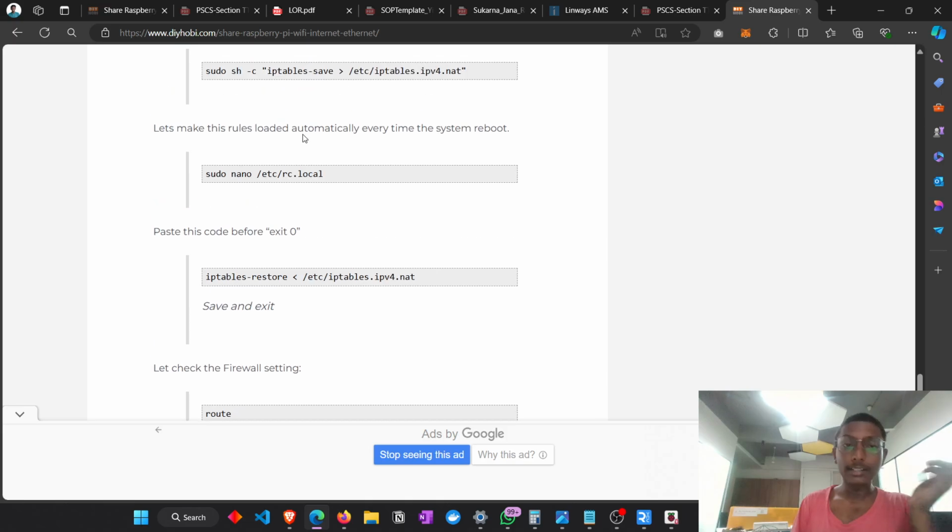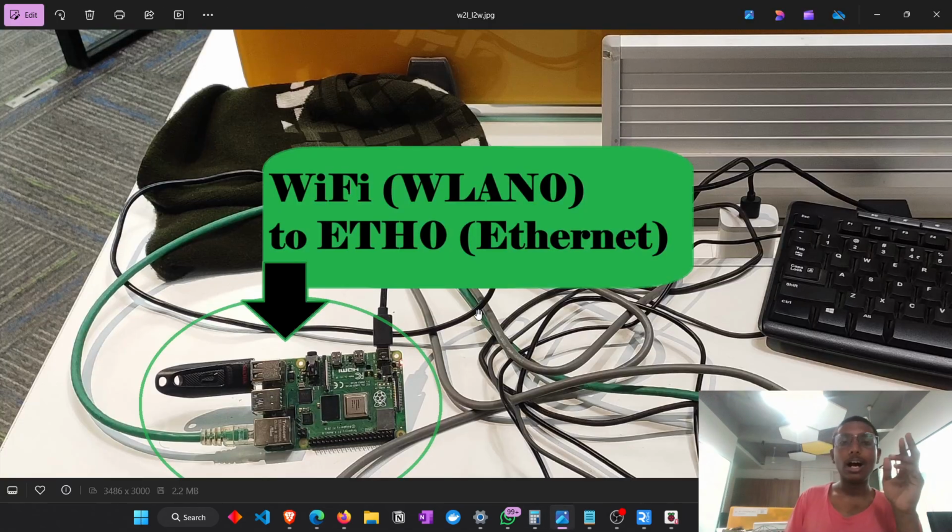Then here it says rc.local. As I told, rc.local will only work in the terminal areas, like when you are connected through PuTTY or have a display. If you don't have anything, running in CLI mode or any mode, then rc.local is not a good option. So you should go with the service page. I told you how to use Gemini to make a service page, and that's how your entire project is done. By this we have tackled two issues: how to convert your Wi-Fi, how to transfer your wireless connection into a wired connection,